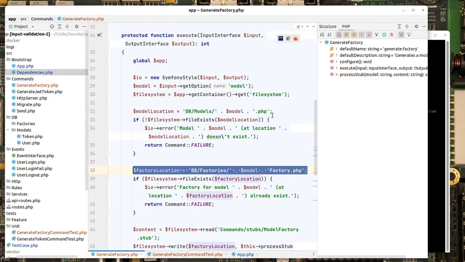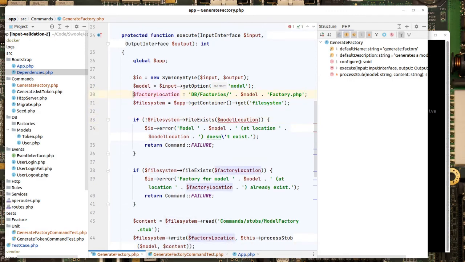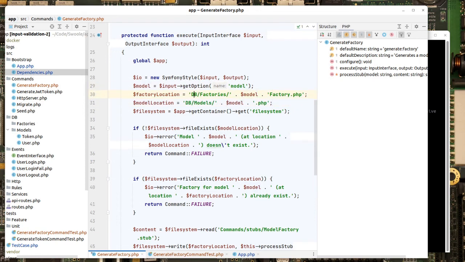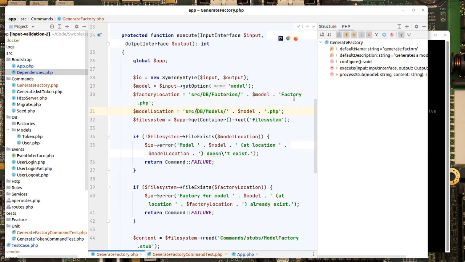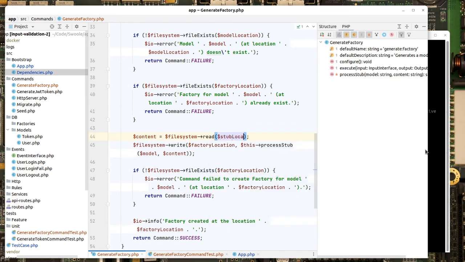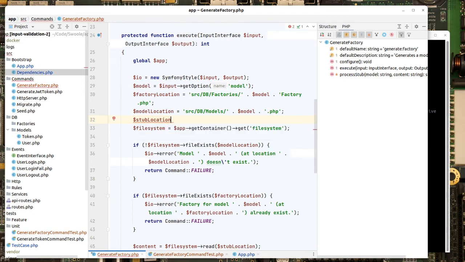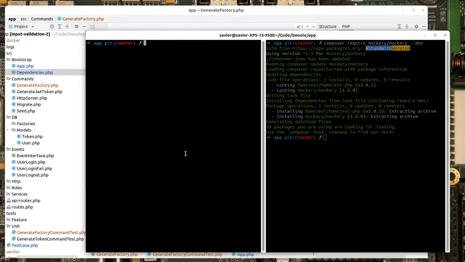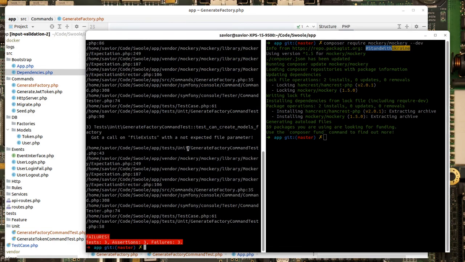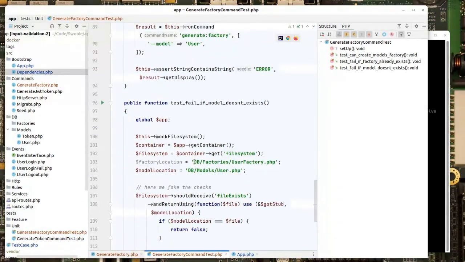So let's bring these parameters to the top so I don't have to search them all over the place. Okay, and let's add these, also these. Okay, so this is going to be our stub location. Let's put it like this. Okay, so now let's just double check our tests are not passing anymore. And our tests are not passing anymore simply because the parameters are not the same anymore. So let's fix our tests according to this finding,